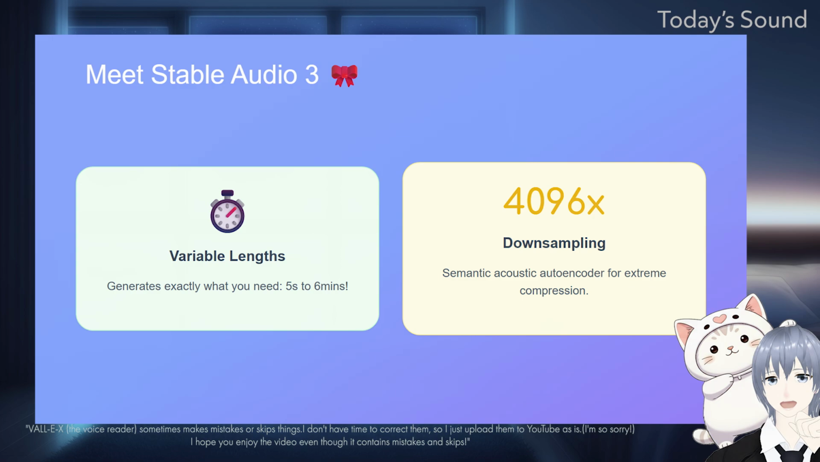Stable Audio 3 introduces a family of fast latent diffusion models, which come in small, medium, and large sizes. They are built specifically for variable length audio generation and editing, meaning they can generate just the right amount of audio you need, from a quick 5-second sound effect to a full 6-minute track. This is a really huge deal in the AI world, because it completely avoids the cost of producing full-length generations